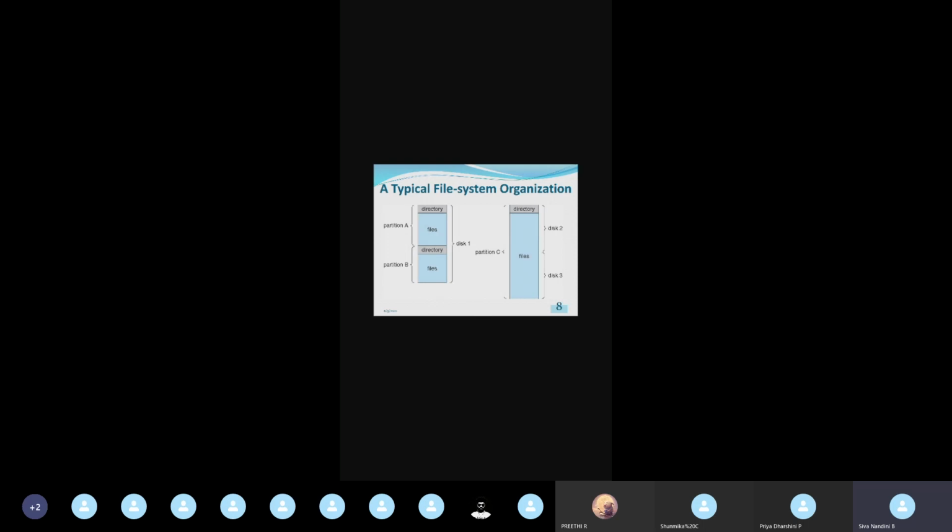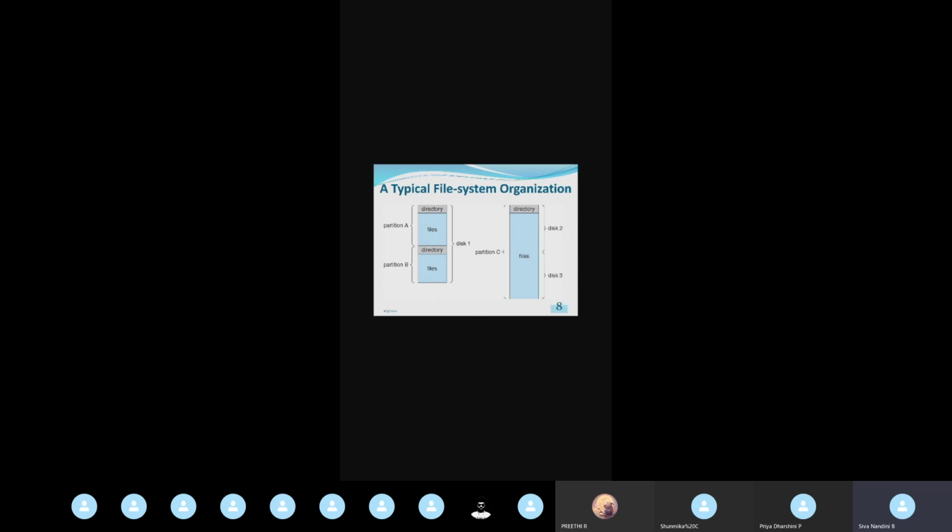In disk 1, shown in the left image, you can see partition A containing a directory and the files associated with that directory. In the next partition, partition B, I have a directory and its associated files.